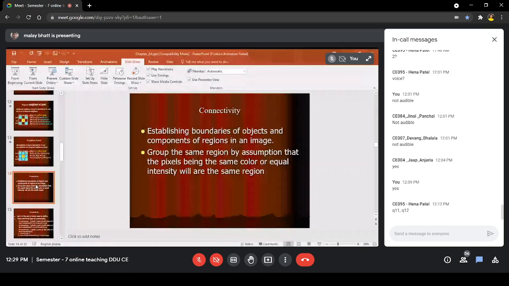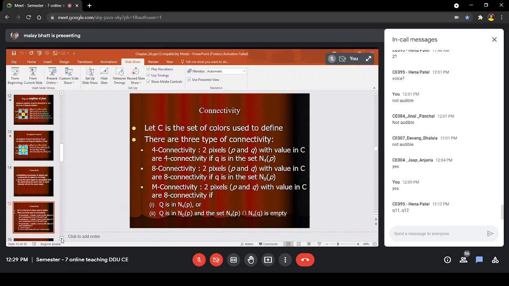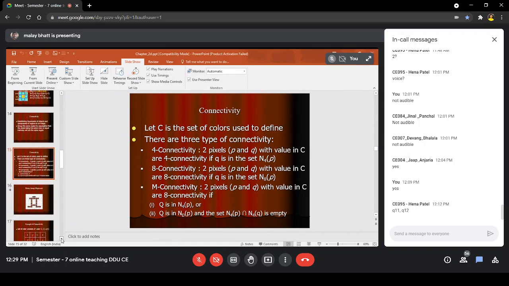Based on this neighborhood, we have these terms: two pixels P and Q with values in color set C are 4-connected if Q is in the 4 neighborhood of P. We can consider any two pixels P and Q and check for their 4 neighborhood connectivity based on the color set C. This color set C is very important.